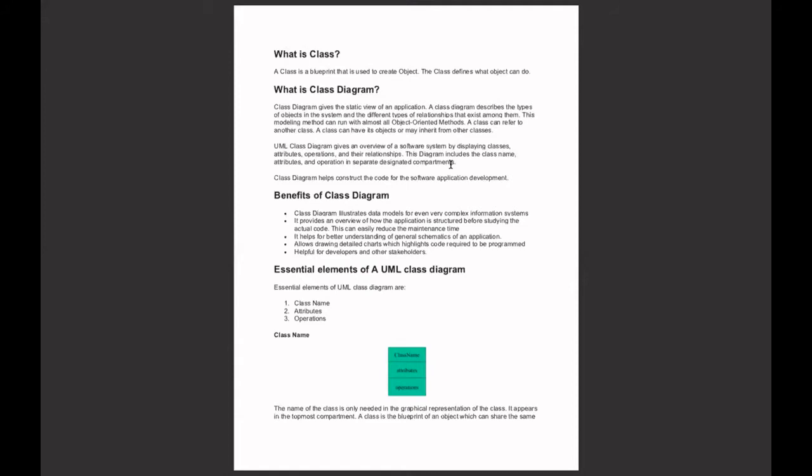A class is usually also a factory that creates objects. As discussed in the previous explanation, a class is usually also a factory that creates objects. It means a class also creates objects of things. A class thus is a collection of objects of similar type. A class is a collection of objects of similar type.